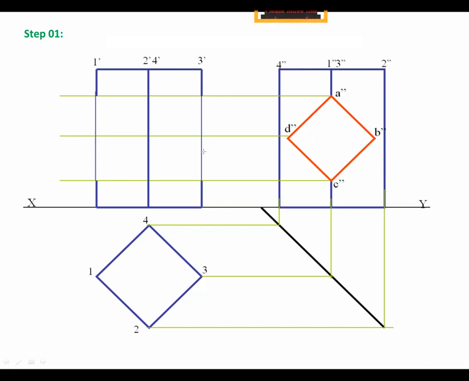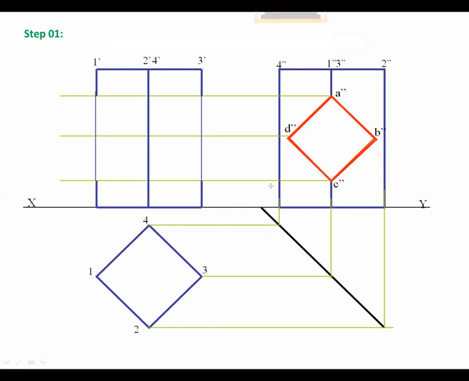Now, all these things are highlighted with the help of blue colored lines, the vertical square prism, and see in the side view red colored lines are given: A double dash, B double dash, C double dash, and D double dash.